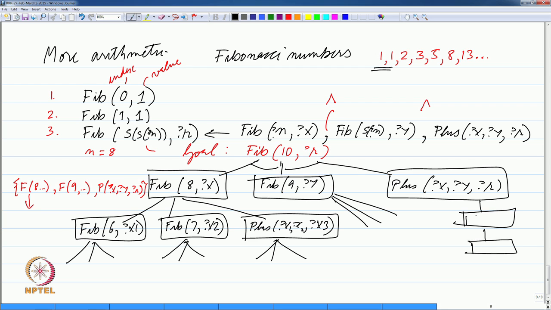So, let me just put in 1 or 2 more here. This one, for example, is talking about the 7th number, and this is talking about the 8th number, and this is of course plus. Now, the point is, as you can see, there is a lot of wasted work going on here, that you are trying to show